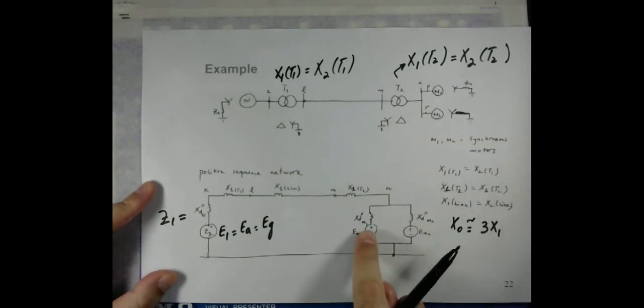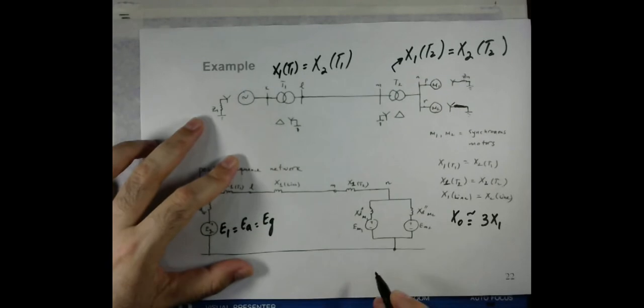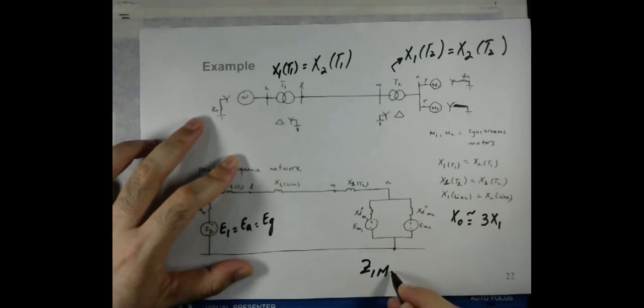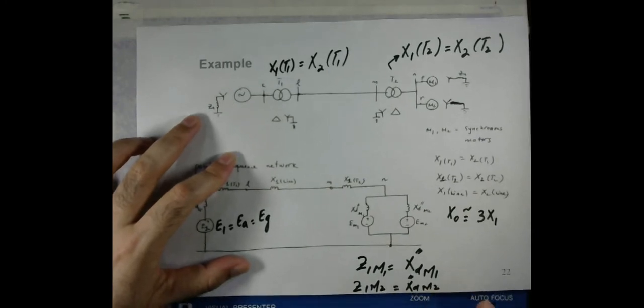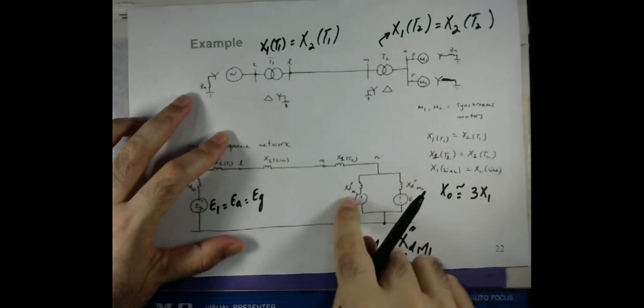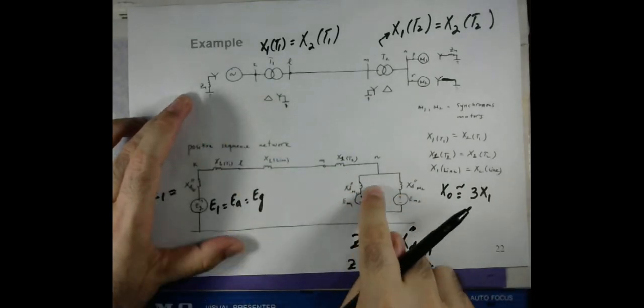So we are considering now the positive sequence impedance of the motor equal to X double prime, which is the subtransient inductive reactance of motor number 1, Z1 of M1, and ZM2, which is motor number 2, that will also be equal to X double prime of M2. So that is shown here, and because we are considering the positive sequence network, that's why we are